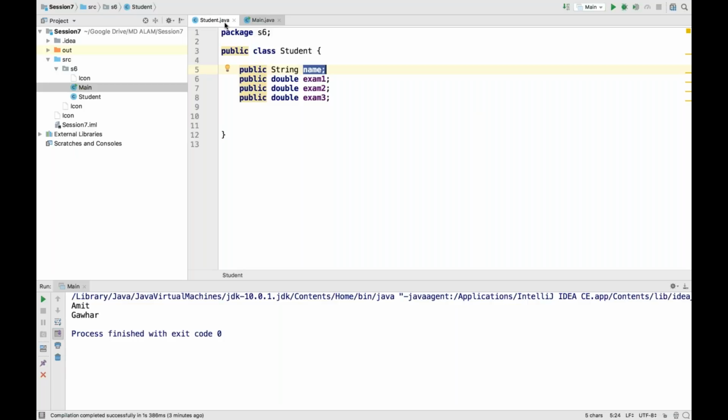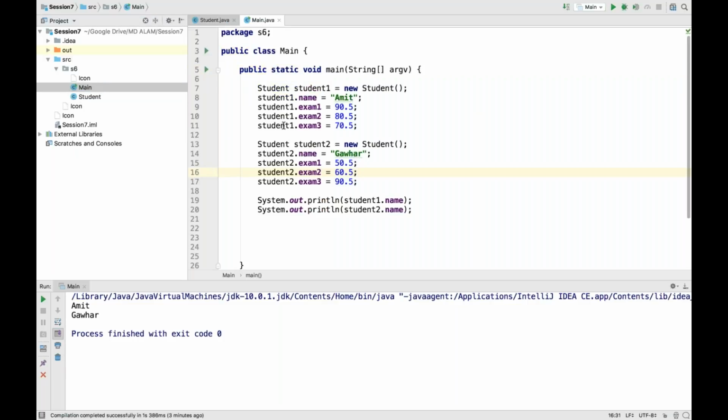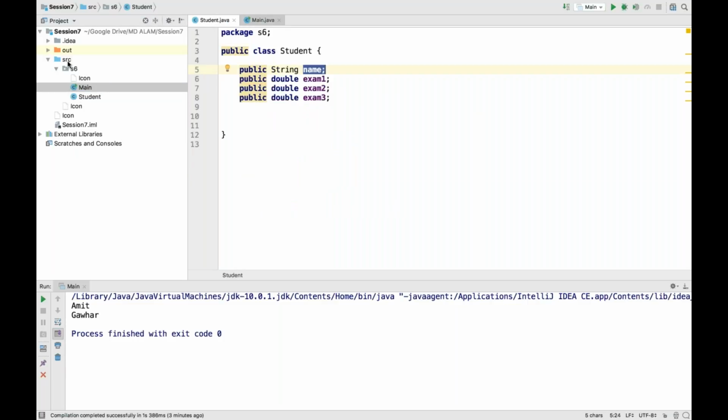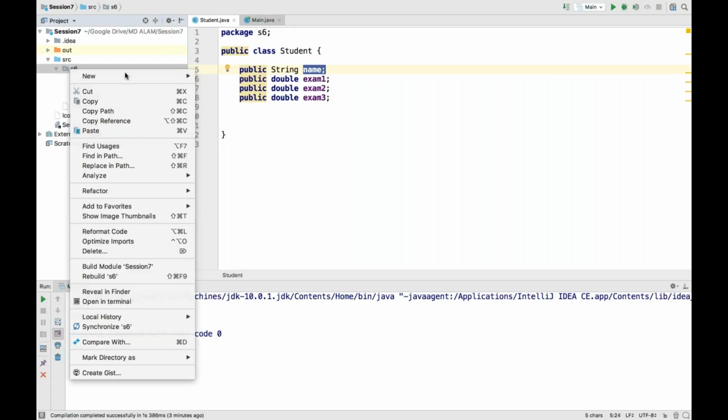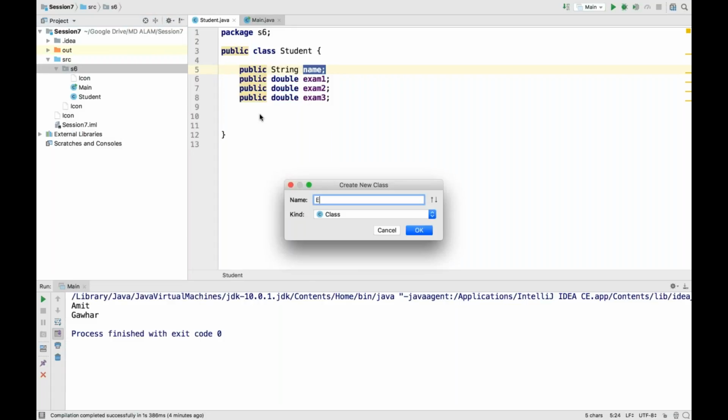So that is the same concept. So now here, if I have a student and I want to create a student object, I can create it from the student class. Now, if I have a class called employee,